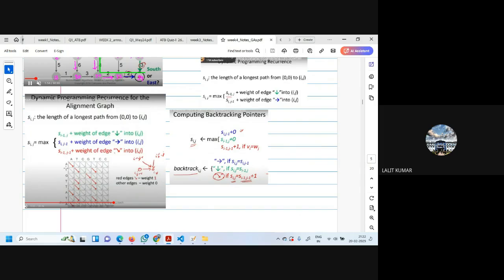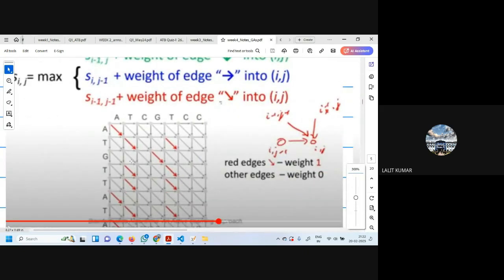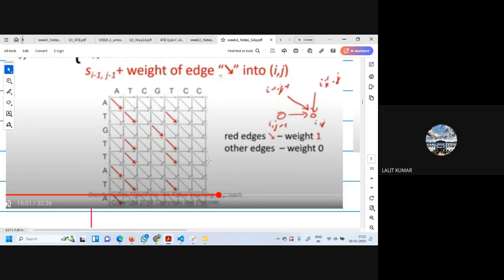So if I'm at this node, its value will be the max of, I'll just zoom this out to understand. Can you see my cursor, all of you? Yes, yes. Okay. So the value here will be the maximum of either the value which is here or the value which is here, or it will be the value which is here plus the edge length of this, if it is a match. For example, I'll just take an example. I'll just copy it on my